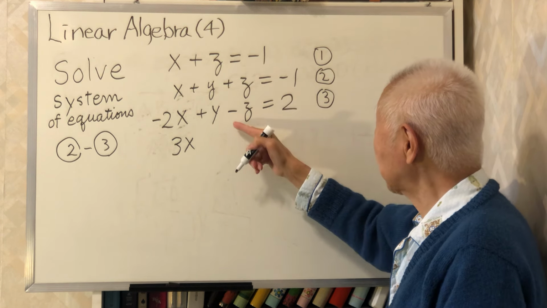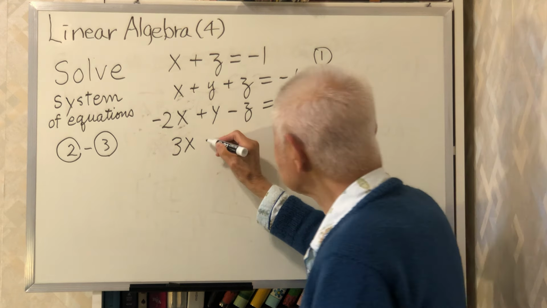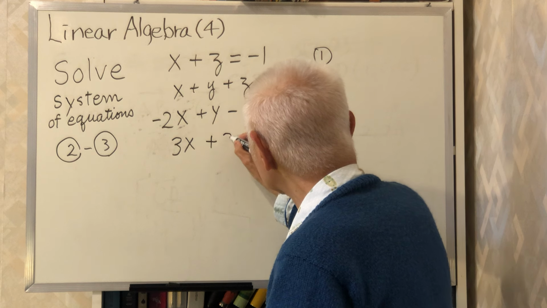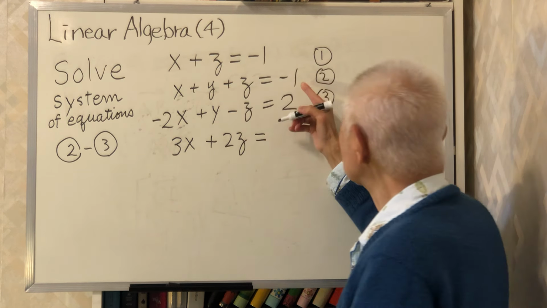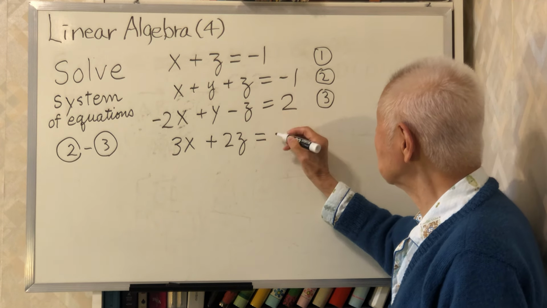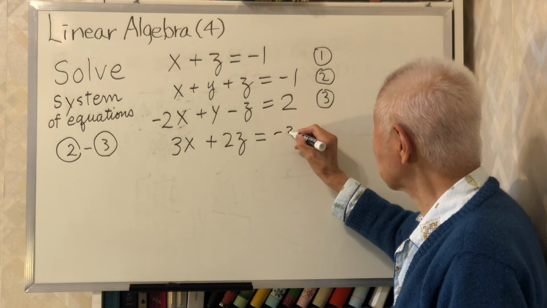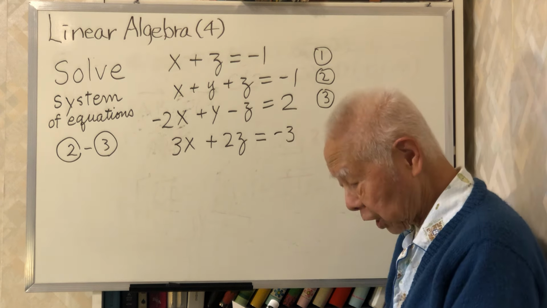Z minus negative z is 2z. Negative 1 minus 2, negative 3. Let me double check